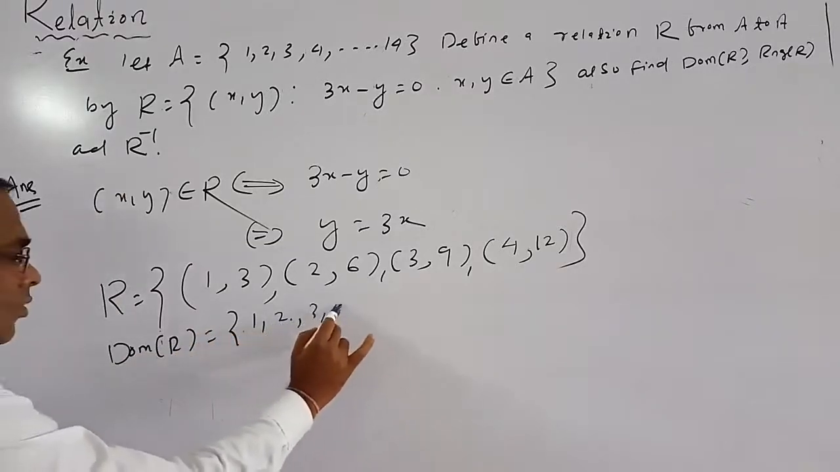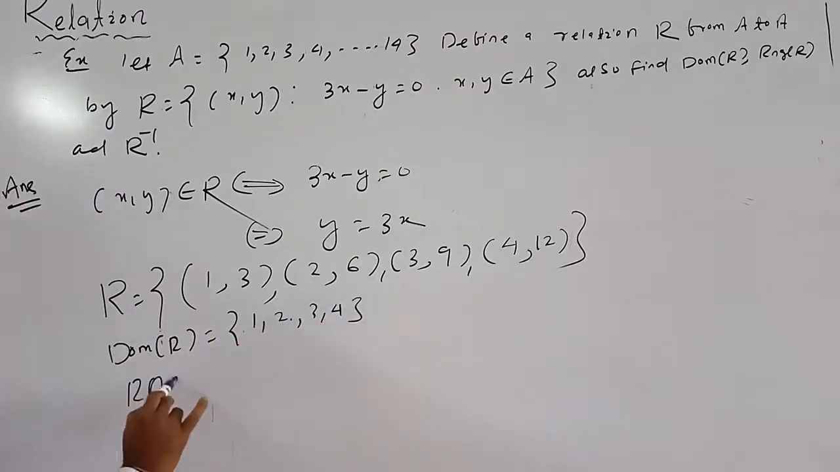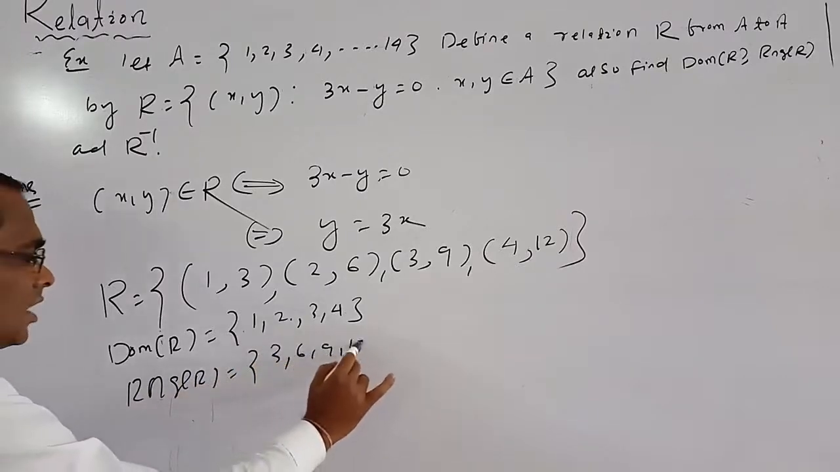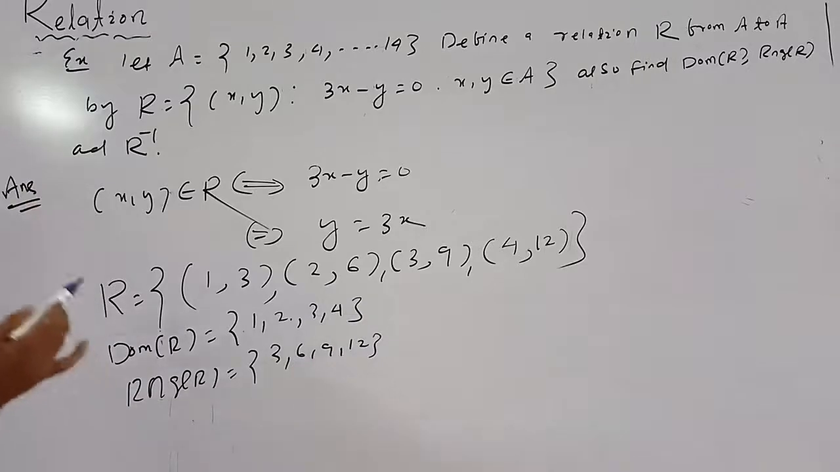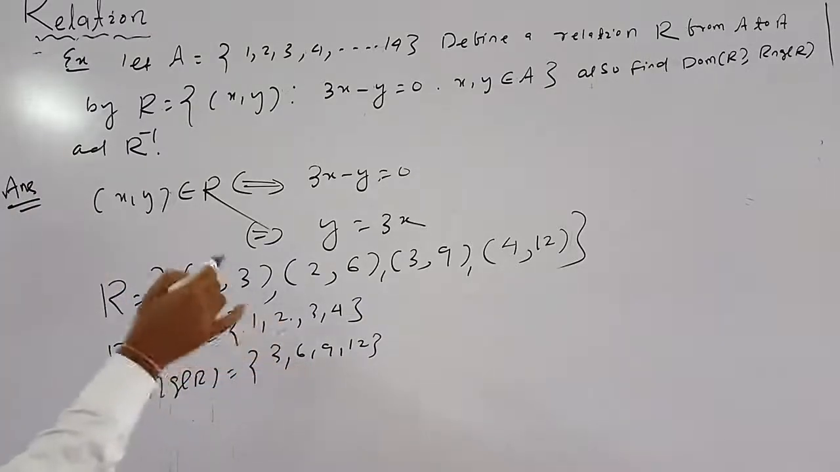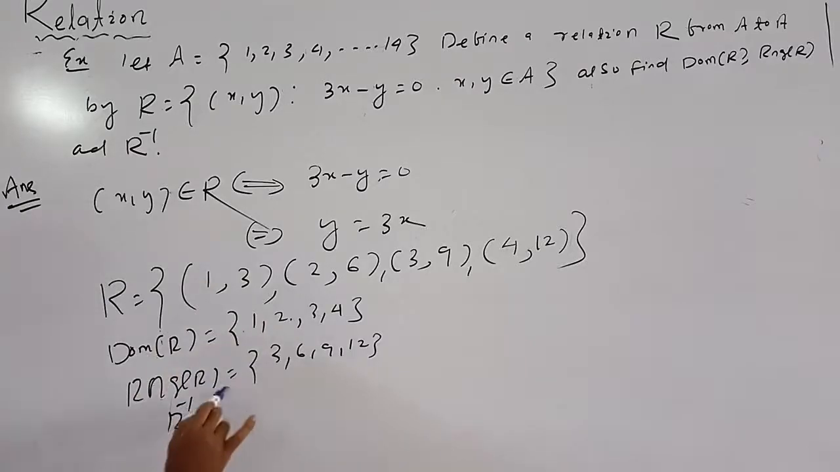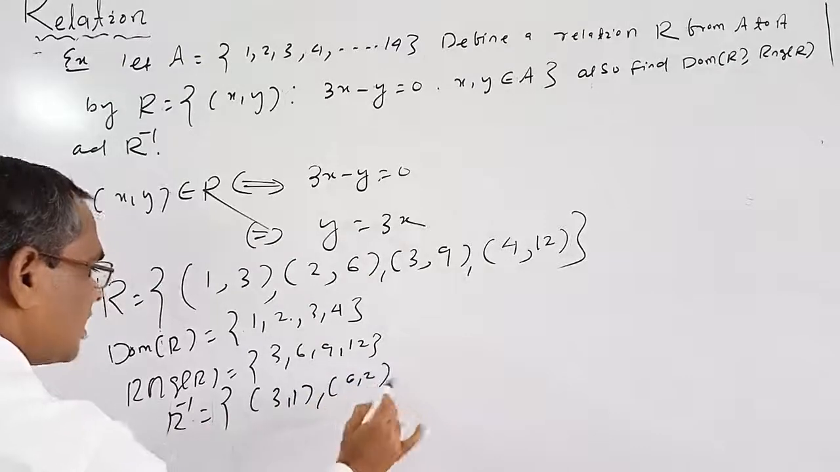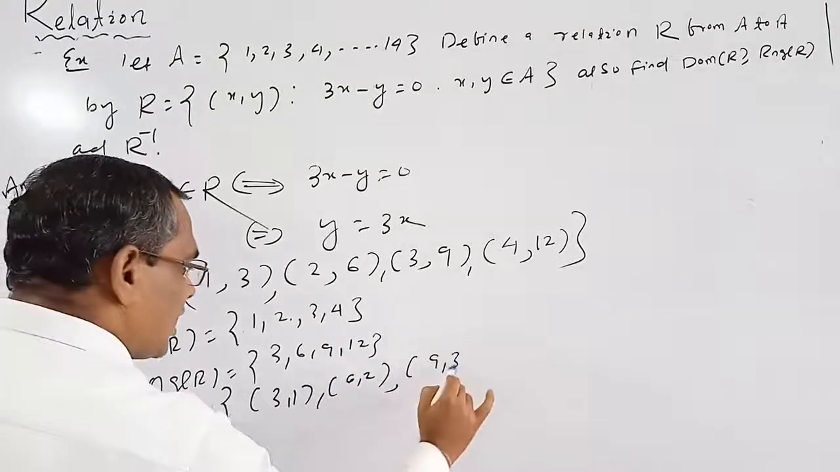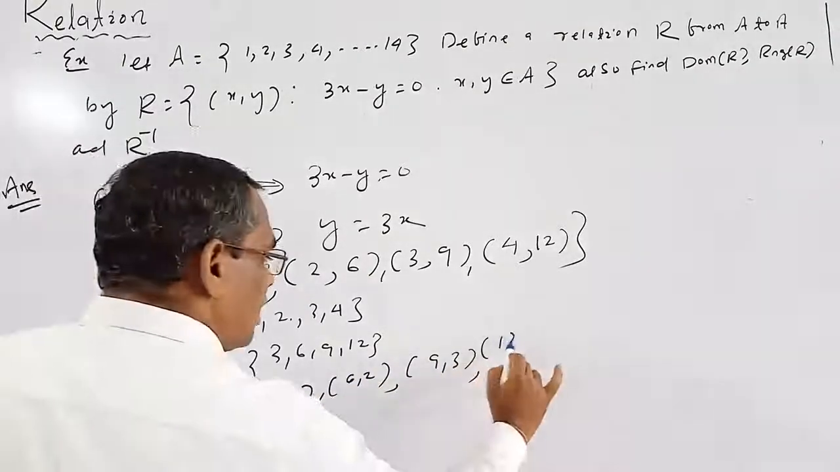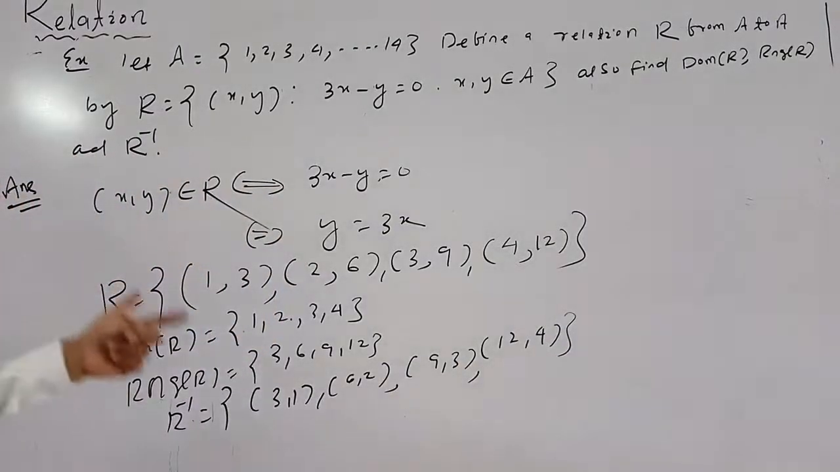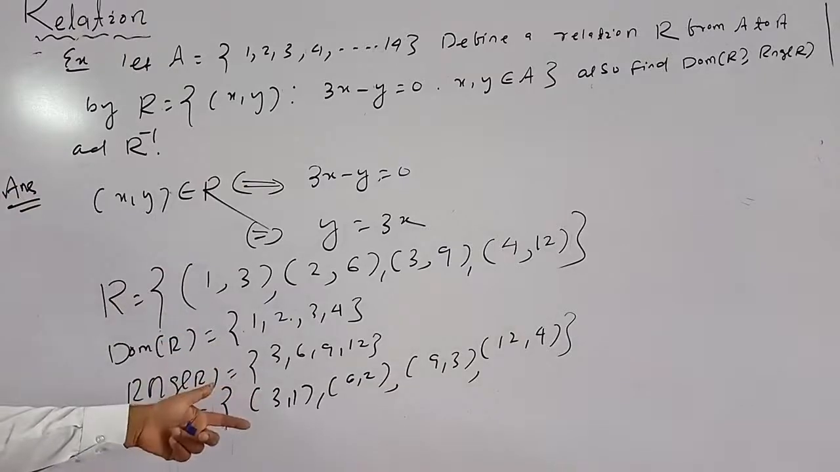And its domain: what is the domain of R? 1, 2, 3, 4. And the range of R is equal to 3, 6, 9, 12. Okay, here the domain is 1, 2, 3, 4, the range is 3, 6, 9, 12, and R inverse is equal to (3, 1), (6, 2), (9, 3), (12, 4). This is R inverse. Okay, here R is not equal to R inverse, here the domain is not equal to the range but